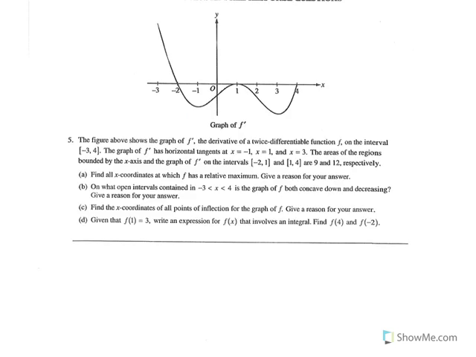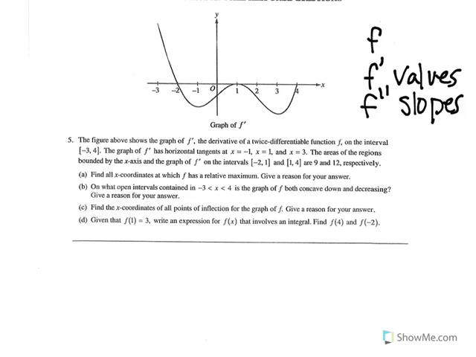So we're starting out. The figure above shows a graph of f prime. We know that the values of this graph are f prime, and we know that the second derivative of the graph is the slopes. And that would mean the values of f are based on the integral of f prime, meaning f is the area